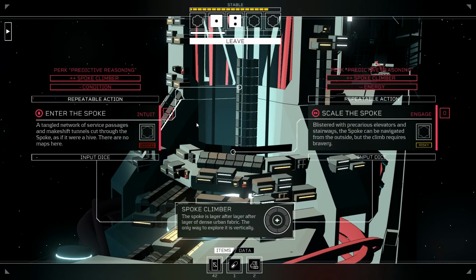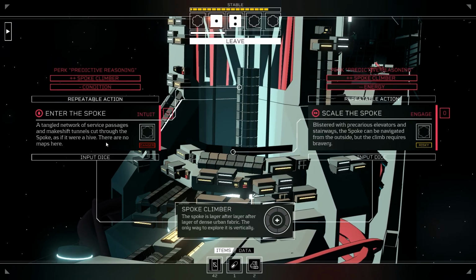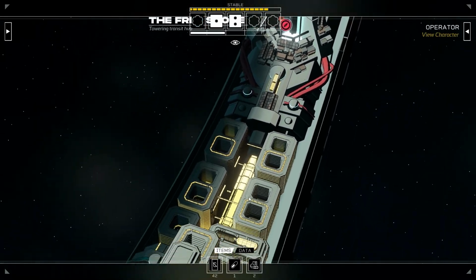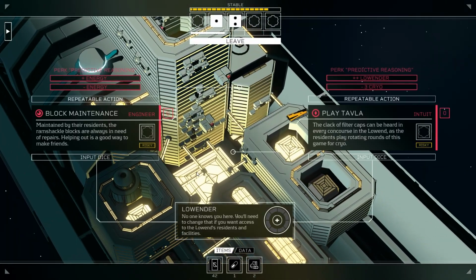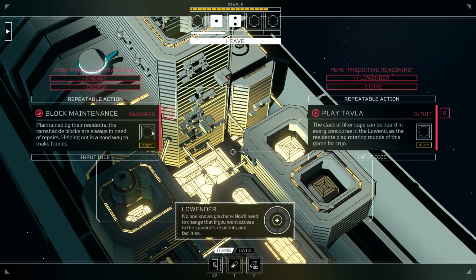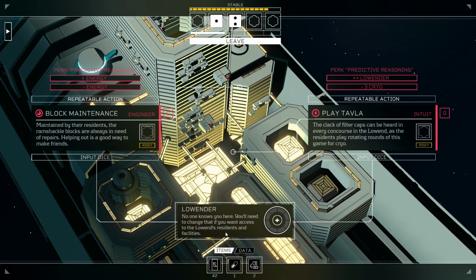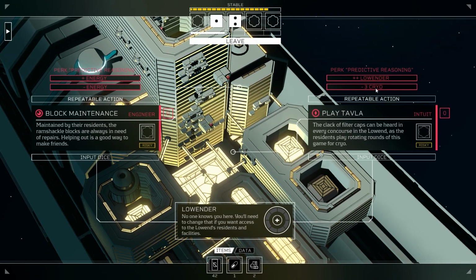Enter the spoke. Alright, let's not worry about those just yet, since it's risky and dangerous. Block maintenance. Helping is a good way to make friends. Low ender. No one knows you here. You'll need to change that if you want access to the low end's residence and facilities. Or play Tavla. So, costs you money, but...